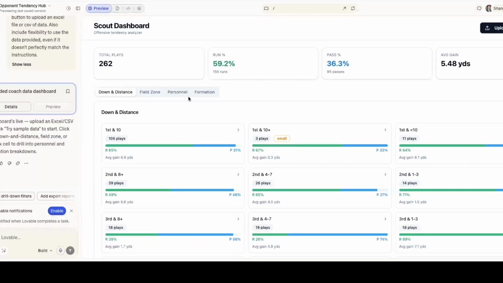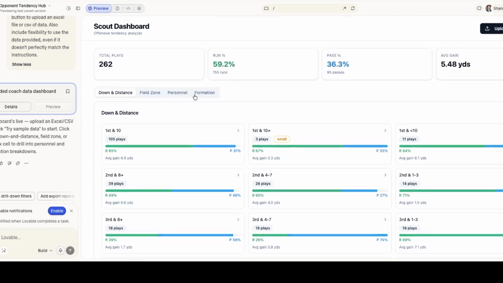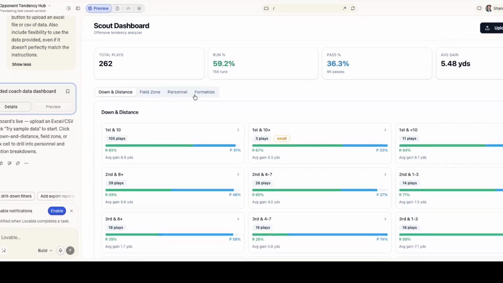I built this on something called Lovable. Again, I give you the prompt. This is a one-shot prompt. Didn't cost any money. Now with Lovable, with Replit, with Base44, I give you the prompt so you can build stuff close to free. But sometimes when you start iterating and telling it what you want, sometimes it screws up and doesn't give it to you the way you tell it to.